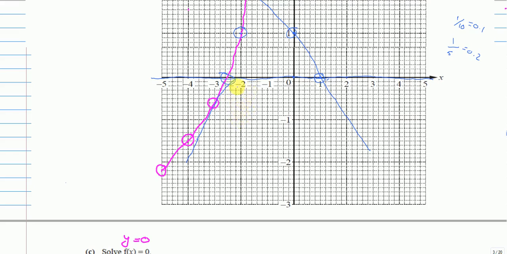Now I will take any 2 points. For example, I will take this point and this point, and then I will find the change in y and change in x. Make sure your tangent is touching just once at the point, and then it's leaving the line. Now all I have to do is find the change in value of y divided by change in value of x. So for this point, let me start with this one. The value of y over here is 0, and then the value of y at this point is -2.